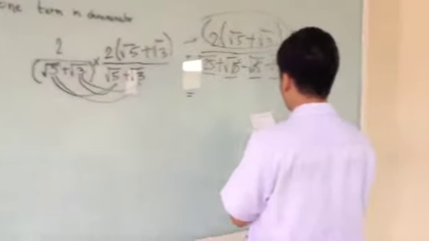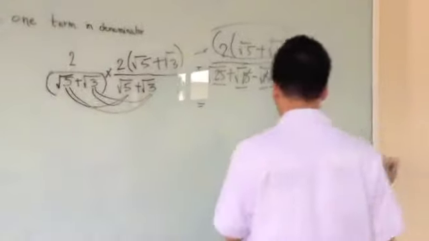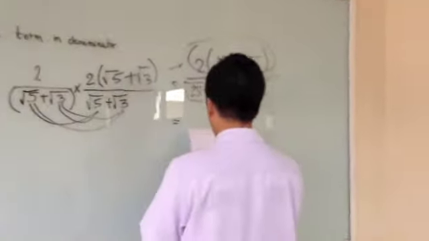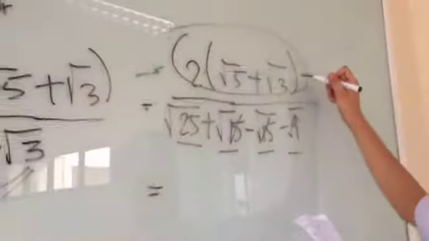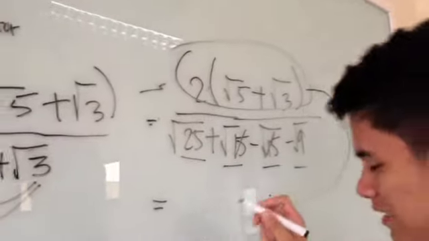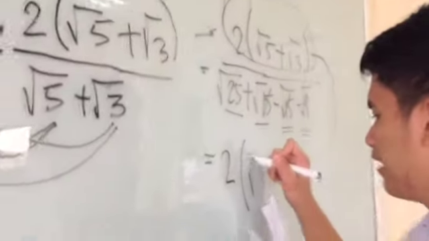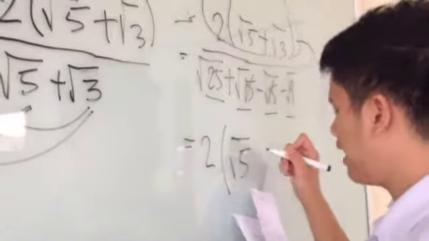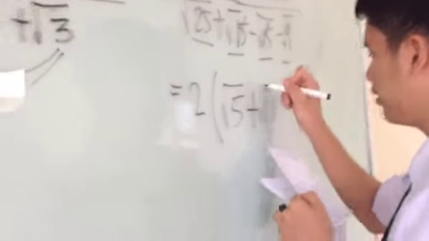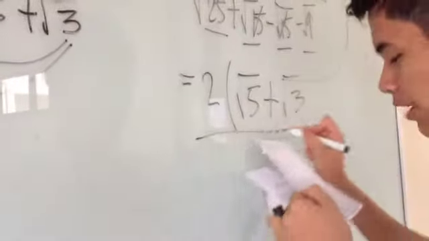So simple as that. Simplify the answer here. Copy this term again, 2 times square root of 5 plus square root of 3 over